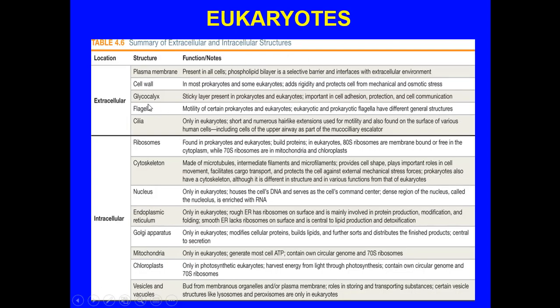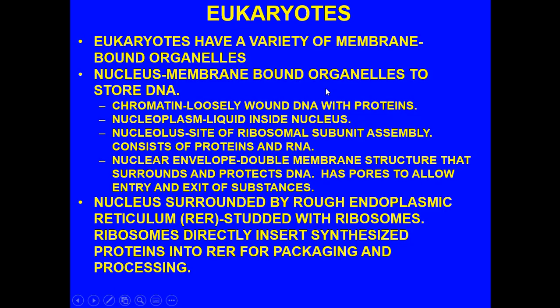Now, I don't expect you to memorize every little component of this, but I do want you to get familiarized with these, especially how we've moved from extracellular now into intracellular. We have to deal with now the eukaryotes' membrane-bound organelles. First off, the nucleus. This is a membrane-bound organelle to store DNA. Now, as you look at the nucleus, you're going to always note that it contains a lot of DNA, but some of the DNA is going to be tightly wound up in the form of chromosomes. Others are going to be loosely wound or unwound.